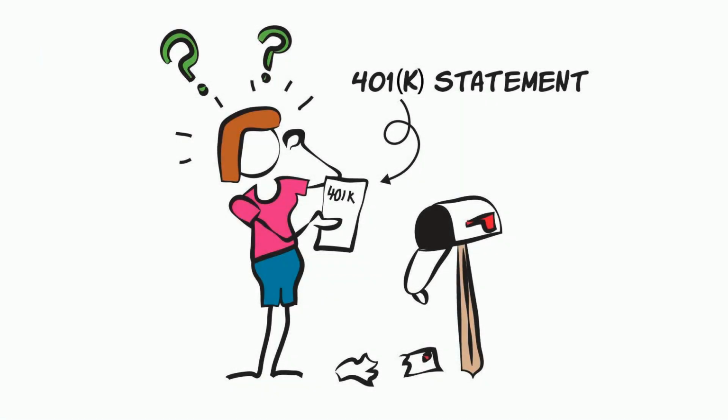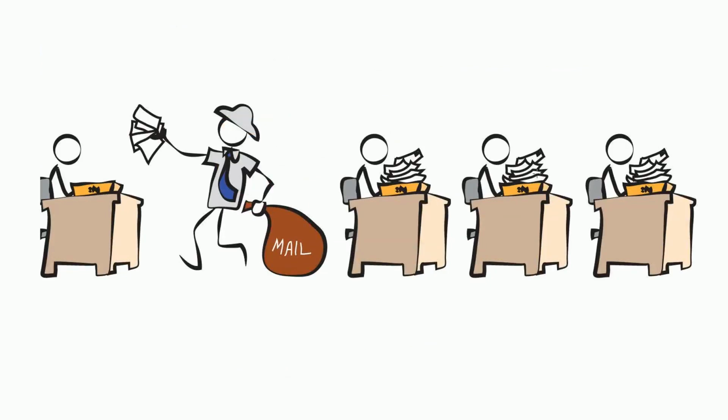All right. Well, now we're going to look, scholars, at the idea of how we account for the transactions here in the pension. So we're going to start out by taking a look that this individual just got their 401k statement and they're wondering about it. And of course, then the mail comes in and there might be money that's going into the pension. And of course, they're sending checks out to all those recipients.